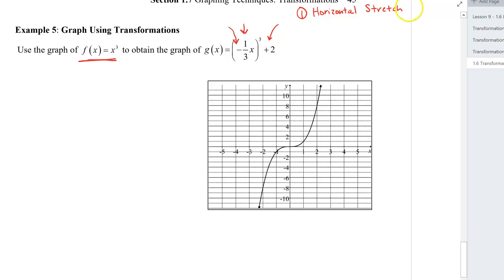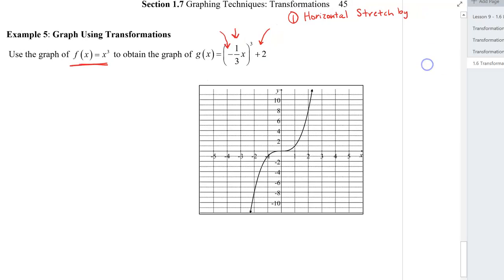And in class, I mentioned that it's a stretch by a factor of 3. In ALEKS, they say it's a factor of 1/3 because you are going to divide by 1/3, which is the same as multiplying by 3. On a test, I would take either as long as you do the right thing in the transformation work over here. So just to be consistent with ALEKS, and I'm sorry I may have confused you in class, let's use